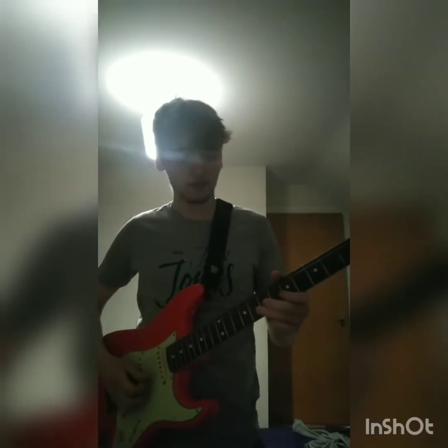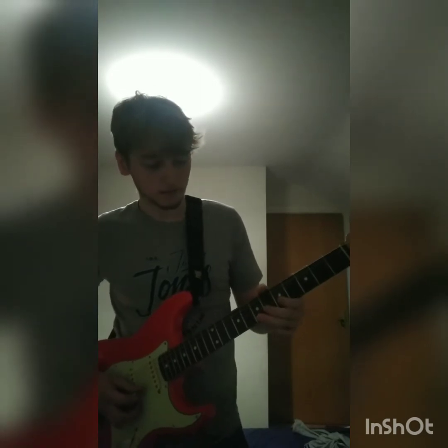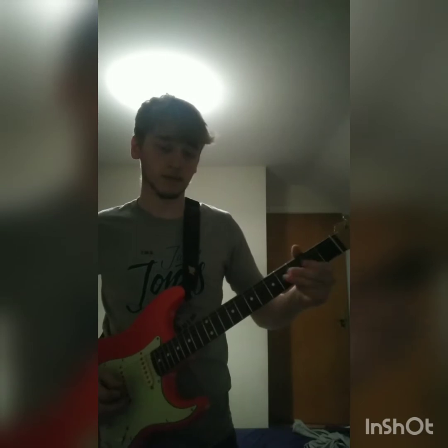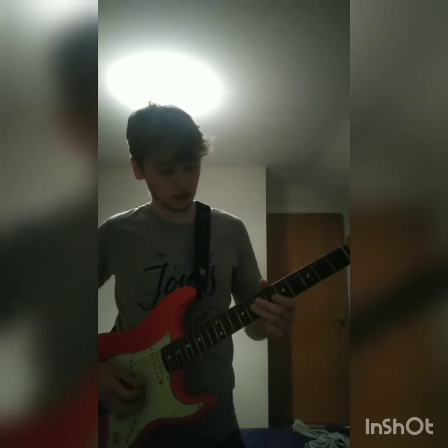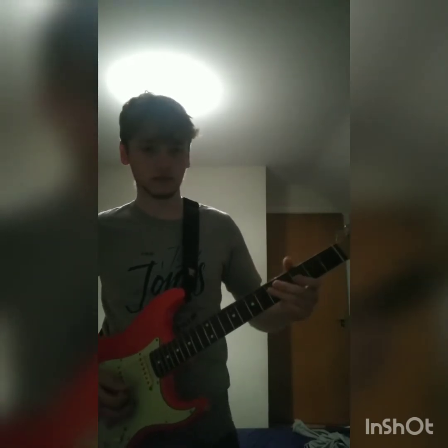Then you do a hammer on from the 5th fret to the 7th fret of the B string. Then you do a hammer on and off, same 2 notes, 5th and 7th of the B string. Then you do 6, 5, 4 of the G string. Then the 2nd of the G string. So it's like that, then